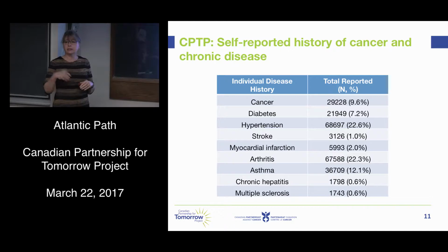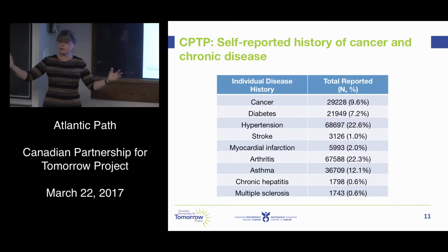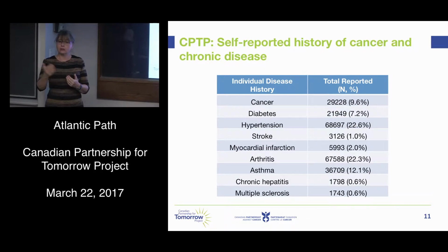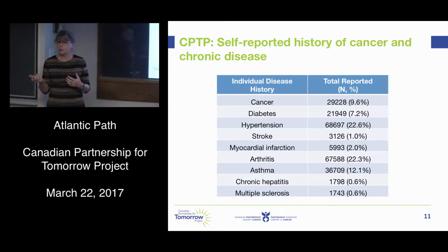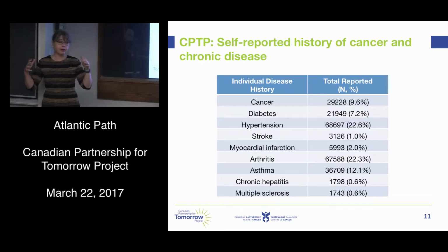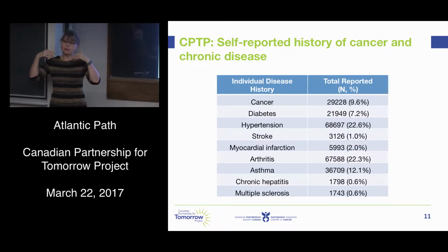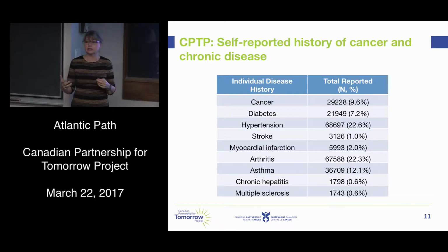We've been able to look at the disease as reported at the time of enrollment. Although it was recruited on the basis of all comers, it obviously includes a cross-section of the population. So we have around 10% with cancer and diabetes, 20% are hypertensive. 1% of the cohort actually had a history of stroke, and then we have a number of other serious conditions. So this means that Atlantic Path is potentially an already paid for sampling frame for etiological investigation of almost